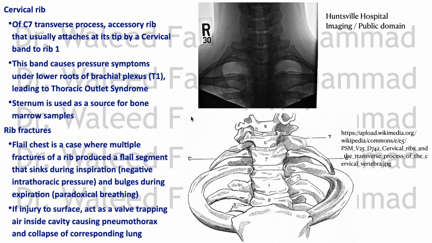Okay, another clinical case regarding rib fractures. Now, you can fracture a rib, a single fracture. It will heal because it's enclosed in its own periosteum. It will heal, no problem with that. It doesn't even need casting, just immobilize the side of the fracture and give some analgesics for the pain